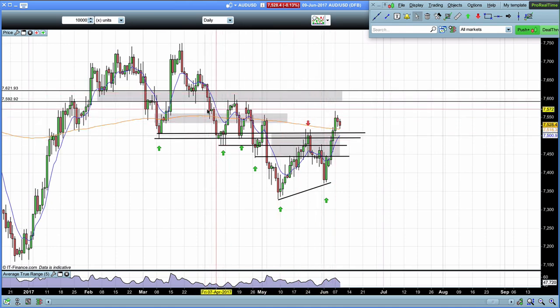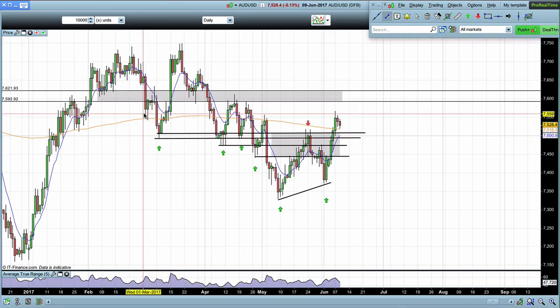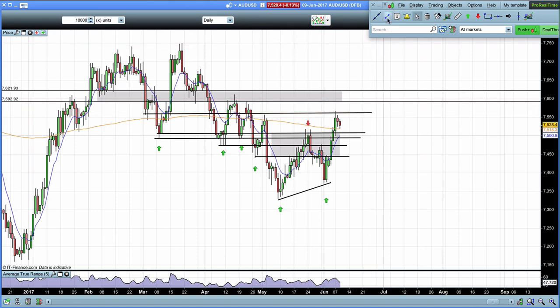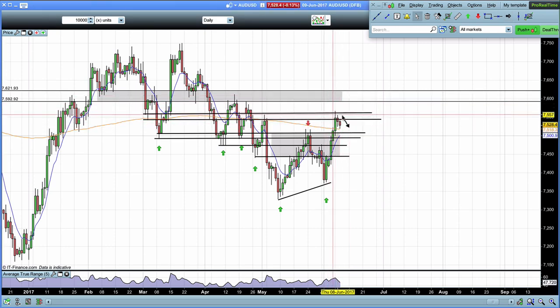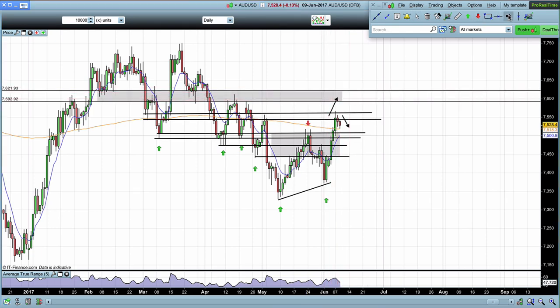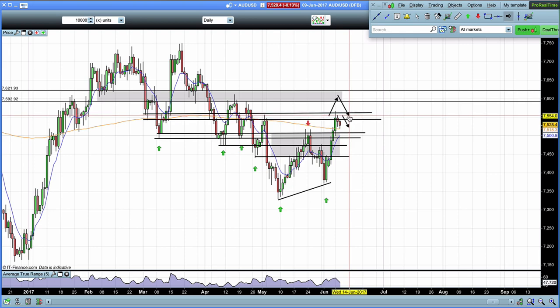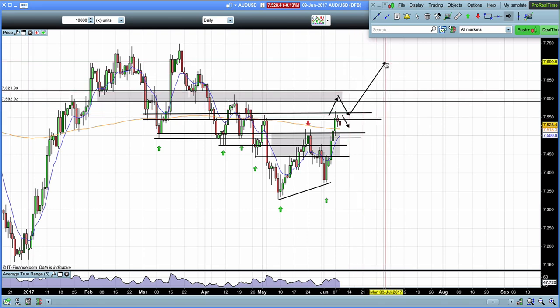However, if we do see, let me just get rid of this rectangle. This whole section here, down to here. You can actually see the market has tested at these levels once, twice, three times now. This does represent a good potential area to look for those sell positions. If we break above, up into this level, for me, it's a much better level to look for those sell positions. If we did see the sell positions pulling back into this area after that, I'd be happy to look for